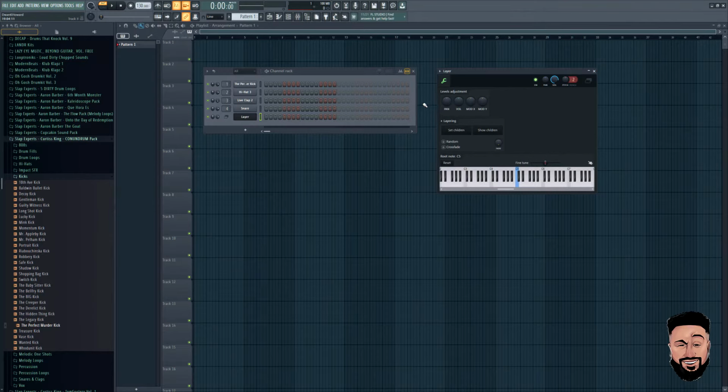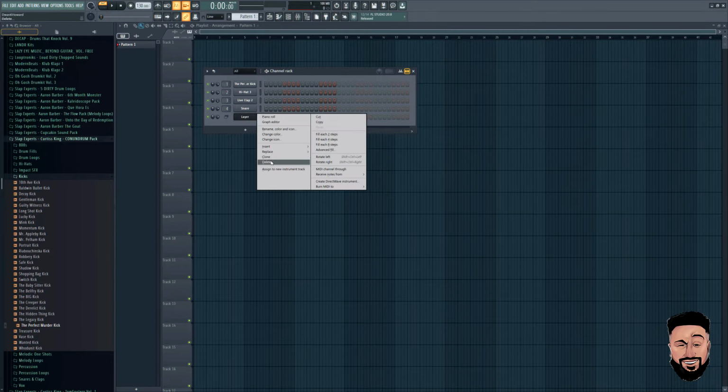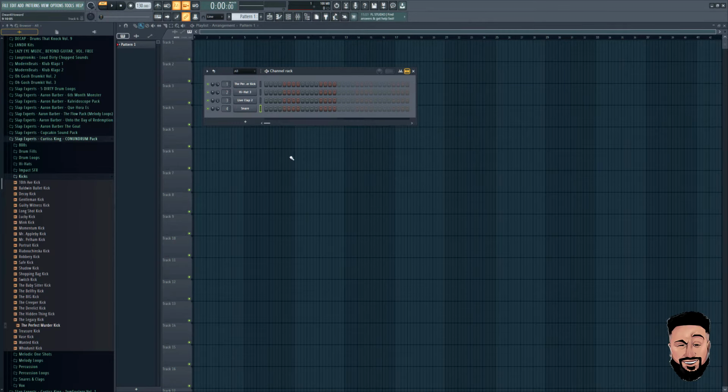But another way that you can do it, say, for instance, you don't have a whole lot of drums, or say you don't want to go through all of these steps, is another way that I learned years ago, and I had no idea so many producers were unaware. But let's go ahead and delete this layer section just to make sure it doesn't interfere with this. So as it is right now,